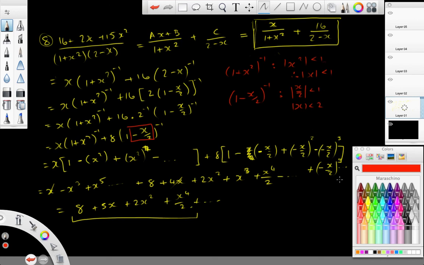Well, again, we need to take the most restricted value there. We can't take that one because that would fall outside this bound here. So the whole expansion is valid for values of mod x less than 1. There we go. That's question number